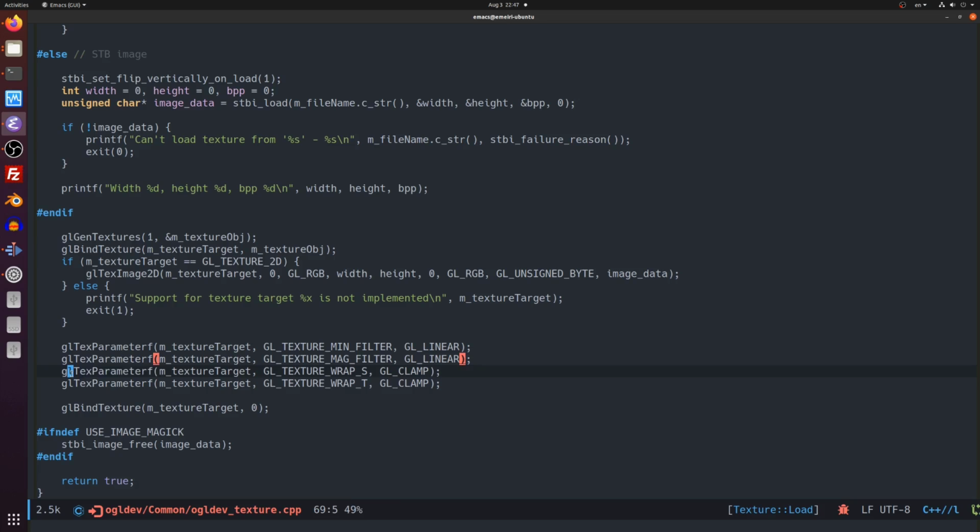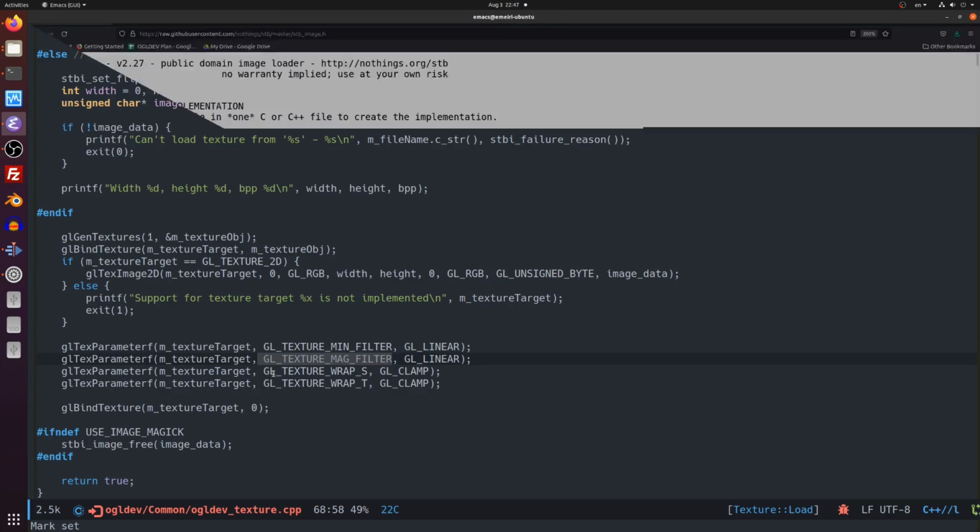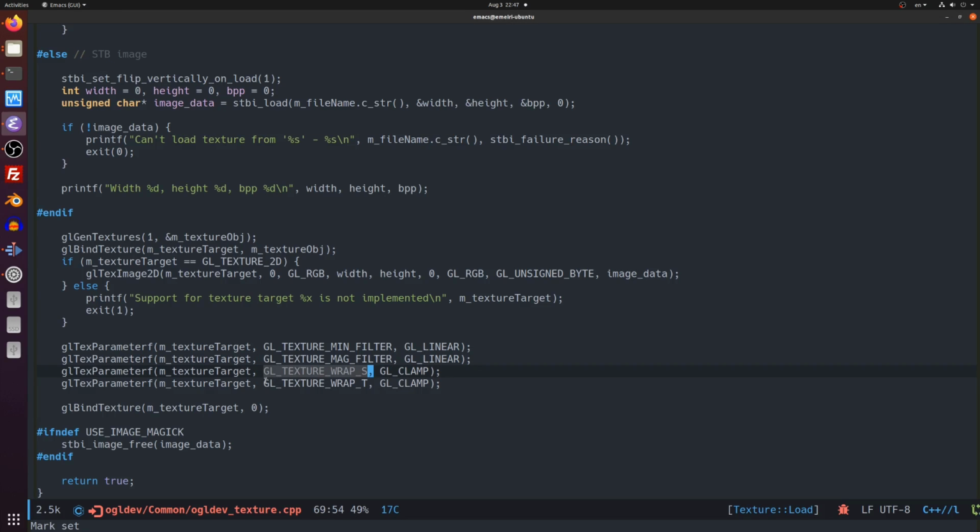I suggest that for now you simply copy this code as is, and we will delve into the possibilities that these options provide in a follow-up video. The final GL call in this function is glBindTexture to the same texture target with 0 as the texture object. This unbinds the current texture object to make sure that future configurations of texture-related stuff does not affect our new